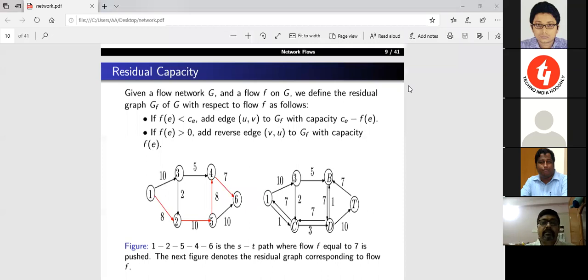So here is our example of a network. 1, 2, 5, 4, 6 is the s-t path where flow F equal to 7 is pushed. Look at 1, 2, 5, 4, 6: a value equal to 7 is pushed. Once that, so 1 to 2,